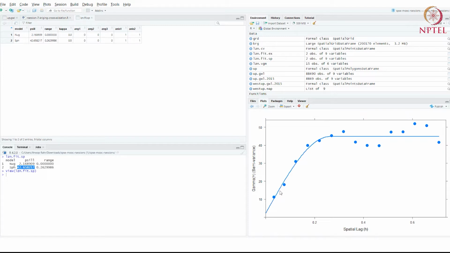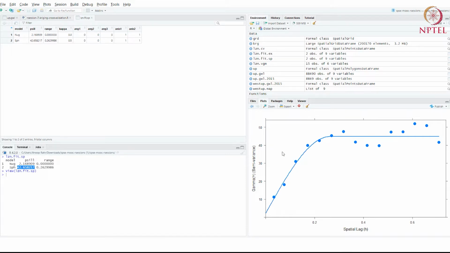So as we go further away, the observations are more at variance with each other. And that continues to increase, but at some point it doesn't increase anymore. If you go further away from that point, there is not necessarily any increase. You kind of reach a global maximum variance. And this is a very classic structure that we see in spatially autocorrelated data.